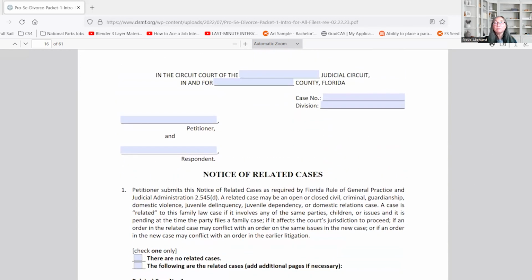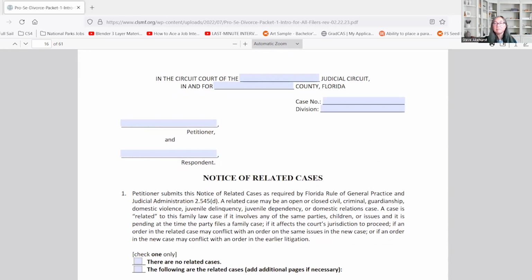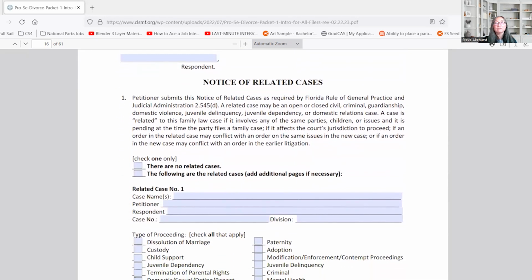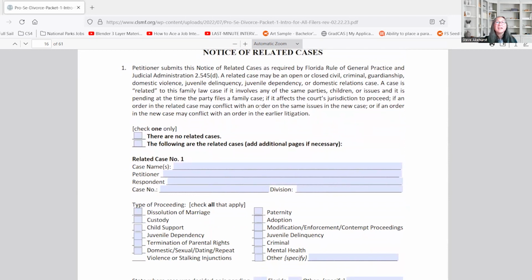So you're letting the court know whether the cases need to be consolidated or maybe work together to resolve them. The top of the form that you fill out is the same. What you're going to do is fill out the notice of related cases. This lists why it's required, and briefly explains the types of cases that you want the court to know about, like if there's a violence injunction. If you don't have any, you don't have any. If you do, you want to